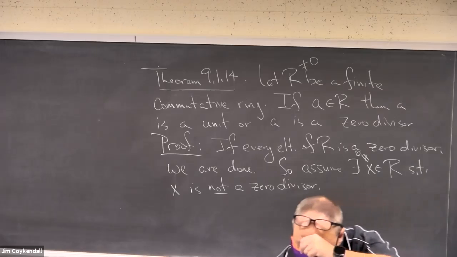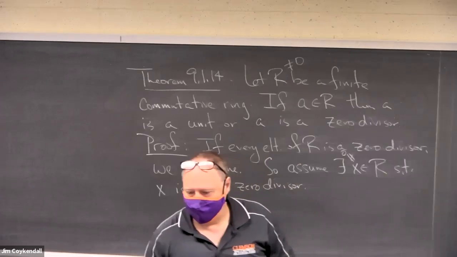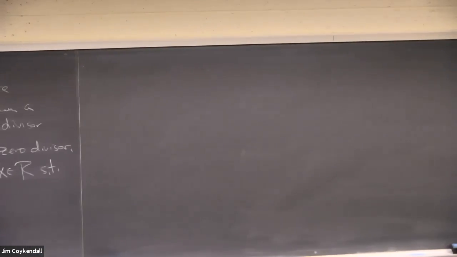So, in the case that the ring is nothing but zero divisors already, then we can go home. We're done with the proof. So we're assuming that there's some non-zero element that's not a zero divisor, and we're going to use that. We're going to show